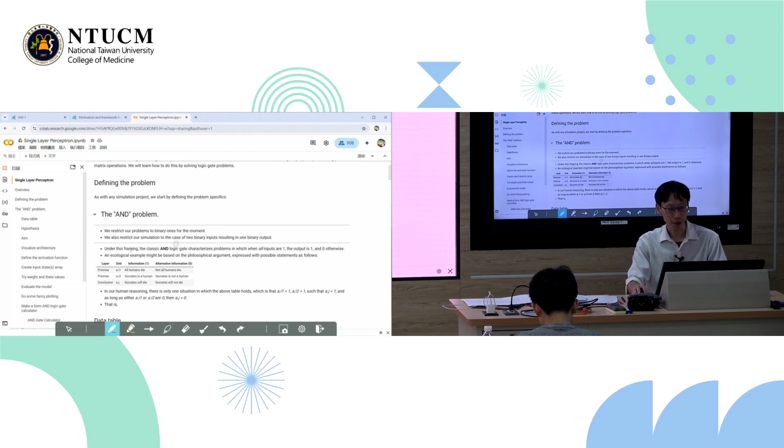So under this framing, the classic AND logic gate is characterized by all inputs being 1. And if it's an AND logic gate, what it means is that when all inputs are 1, the output is 1, and the output is 0 otherwise, for all other cases, all right?